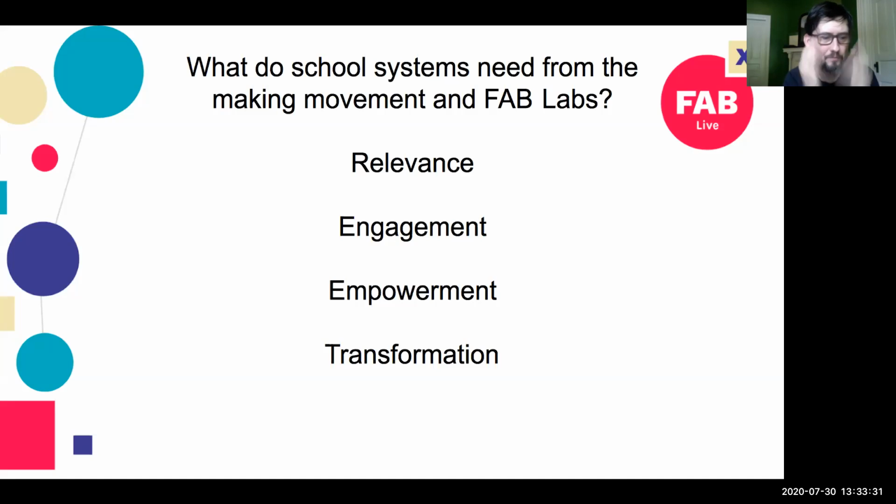And when we went into Boston Public Schools, the first thing we did was go to the principals meeting and stand in front of them and cast our vision. This is what we want to do. This is why it's going to be relevant to your teachers. We are going to connect everything we do to the curriculum they're teaching. There will be no wasted time. And that makes principals sit up.